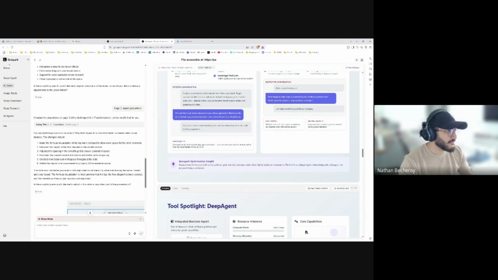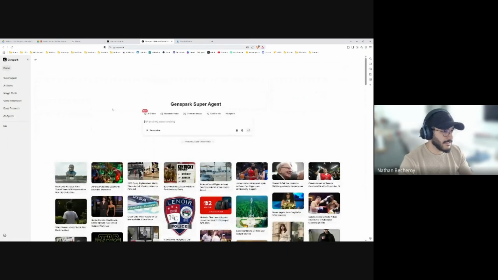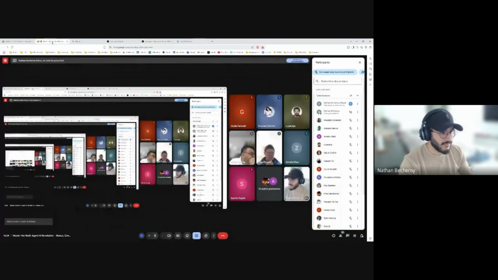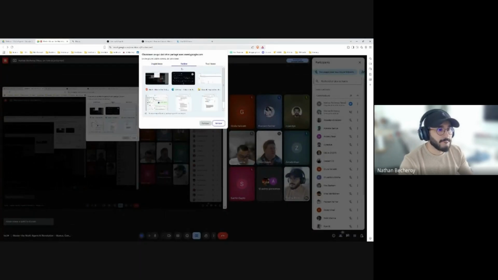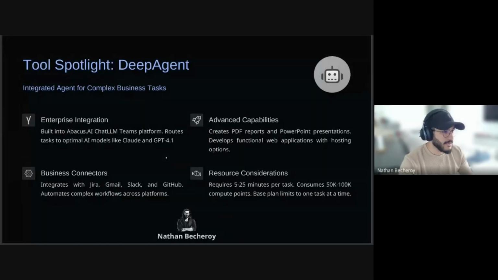This is all about Genspark. Quickly, let's go back again to the presentation. We talk about DeepAgent, and I will show you Abacus after that because it's way more detailed, with way more tools than the other tools.